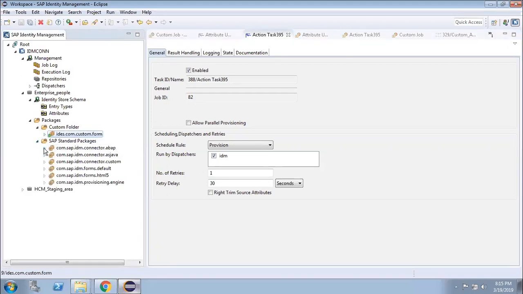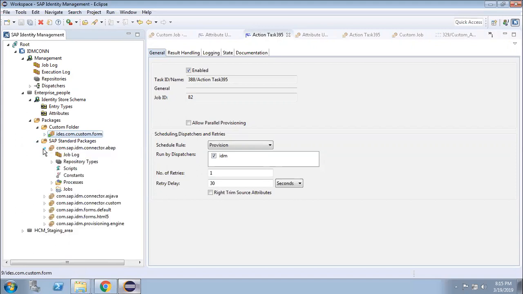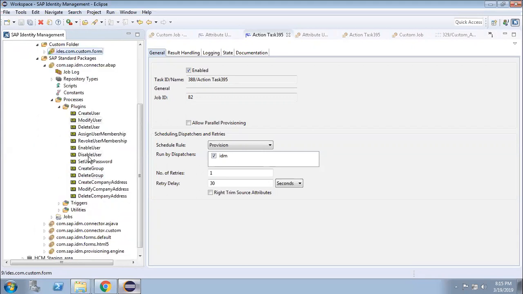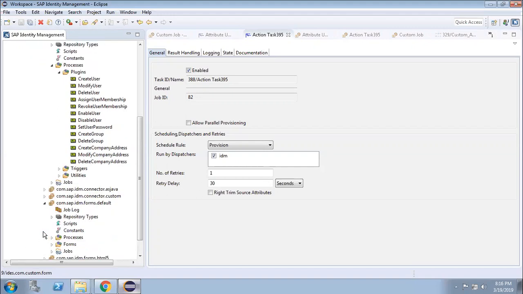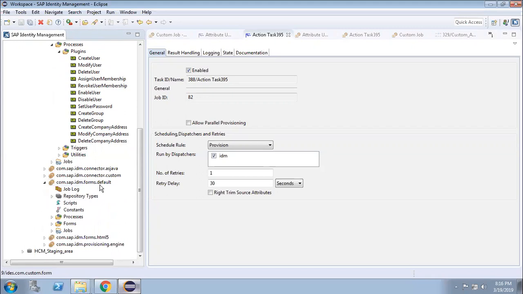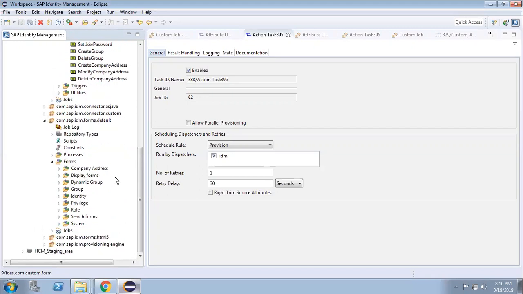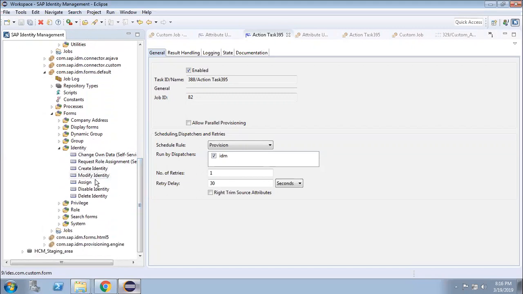Suppose the ABAP user creation: if you go to the user creation process, the creation of the user in the ABAP systems, these are all standard processes, already provided by SAP. Now if you go to the default form, the standard user creation form is present.